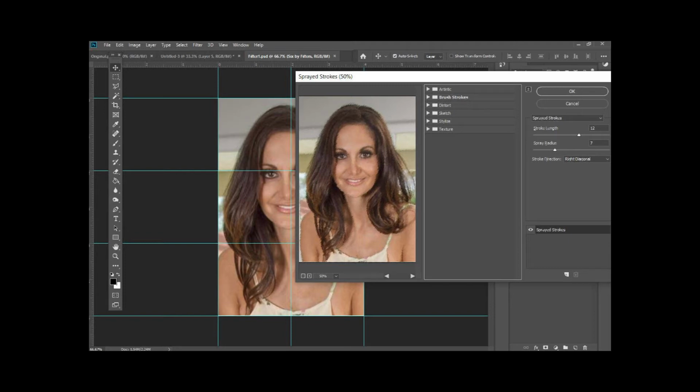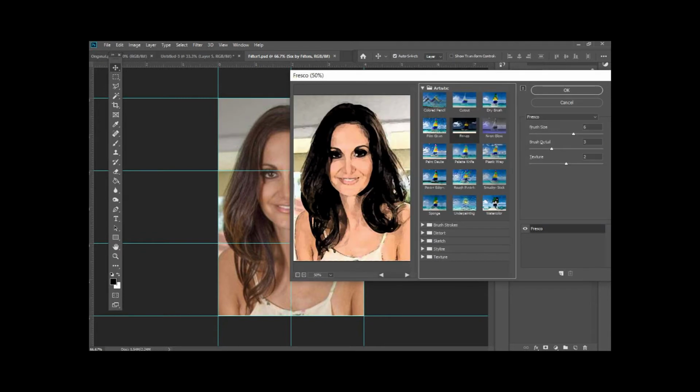So here you can see that you have a lot of choices. There are 6 different galleries. When you click into one, and here I have selected Artistic for my first one and then selected Fresco under that, you can see it change what the image will look like if you apply the filter. And at this point, I have not even begun to adjust the sliders inside the gallery setting,